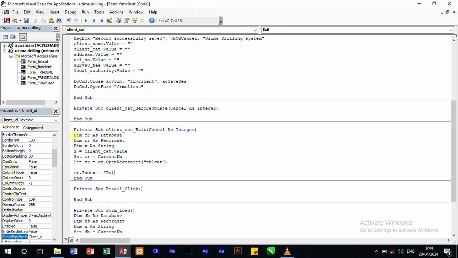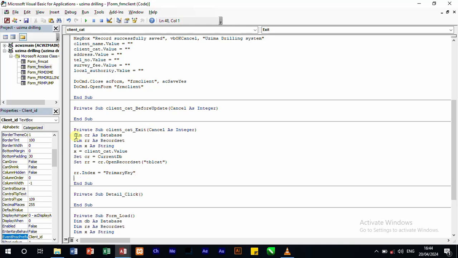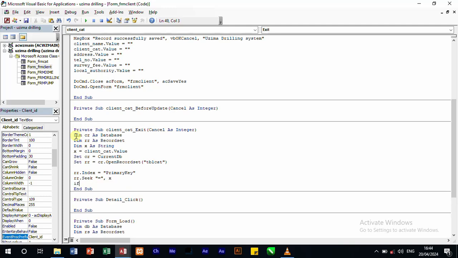primary key. Then you're also going to assign rr.seek. So what are you going to find? You're going to find the value in our X, the value that we have in our X, and then if r dot